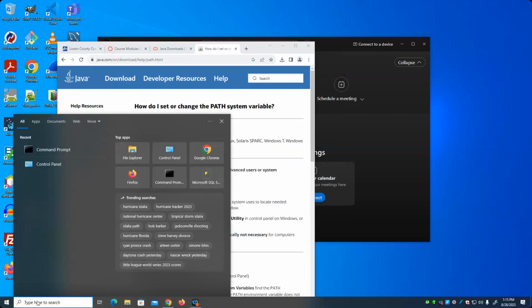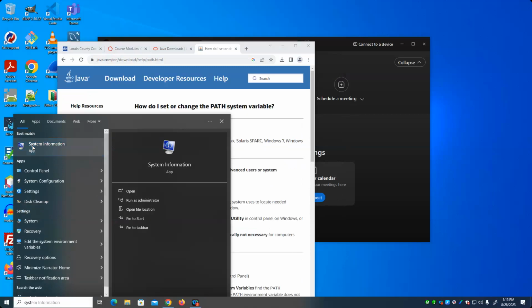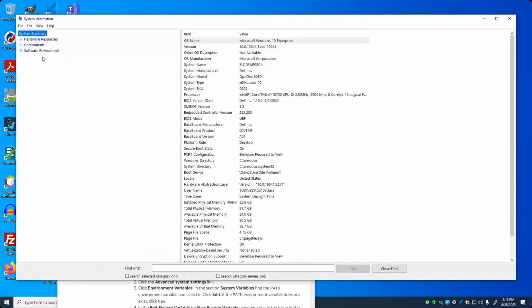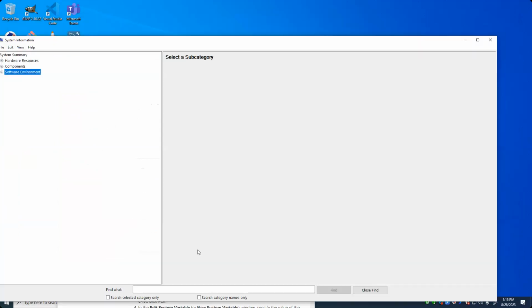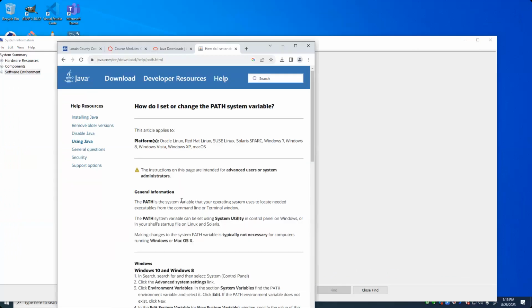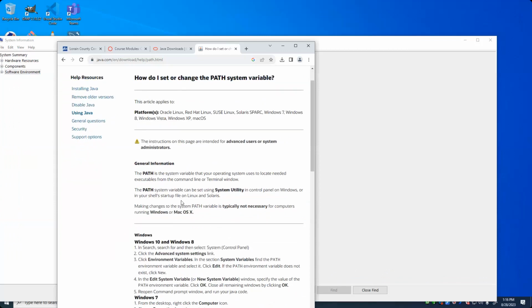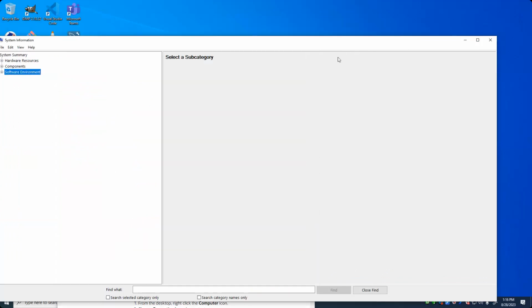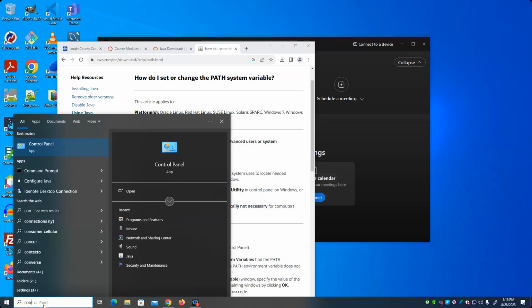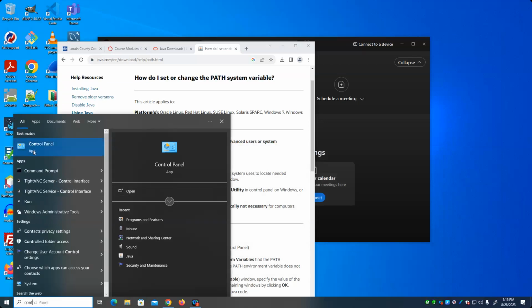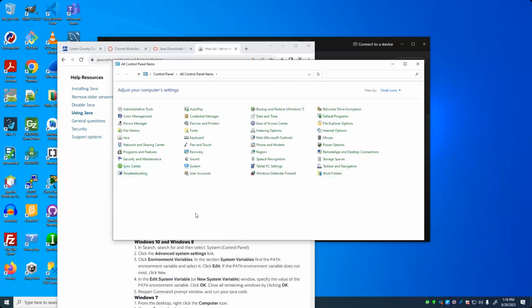Go to system information. Control panel. Go. And under